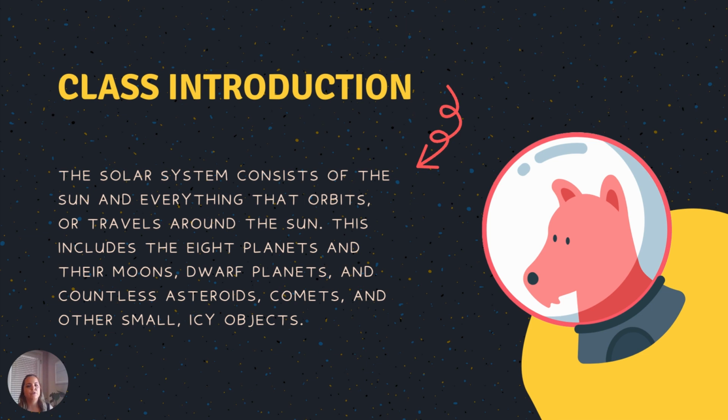All right, so the solar system consists of the sun, our sun, and everything that orbits our sun. There are millions of suns and stars in the universe, but our solar system specifically is comprised of a single sun, 8 planets, a few moons that orbit those planets, a few dwarf planets, and then lots of other little small objects like asteroids, comets, and other icy beings.